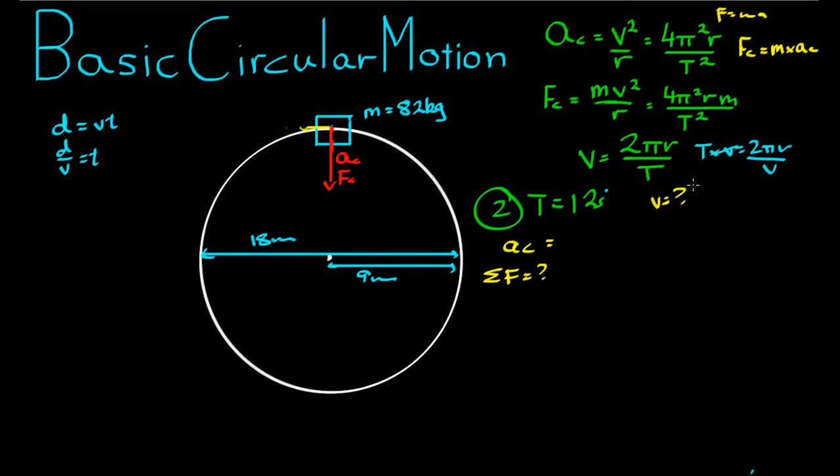So v is equal to, oh sorry, what have I done wrong there? No, sorry, that was what we should be doing before. For this question, we can just leave it as it is because we're trying to get v by itself. So velocity is equal to 2 pi 9 on 12. 4.71